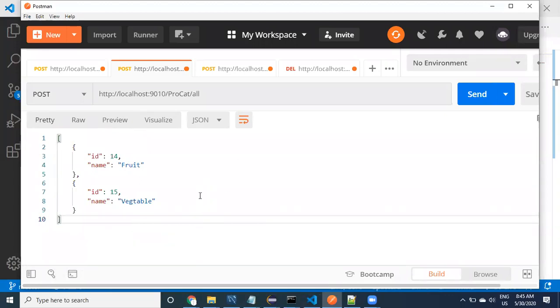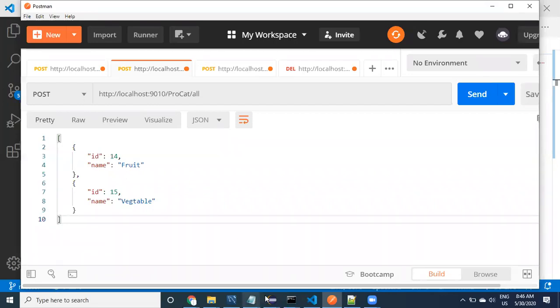Otherwise, if you get an error, you don't know whether it is a backend error or your code error, you cannot identify easily. So that's why I always suggest, before using any URL, first test it and then start using it.